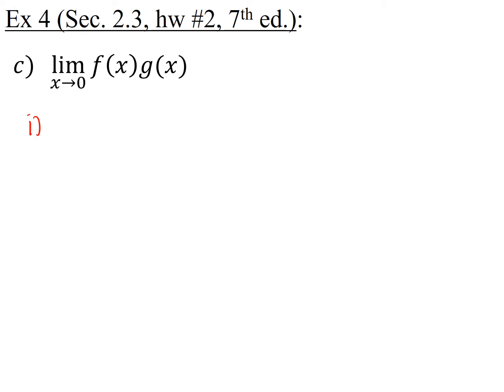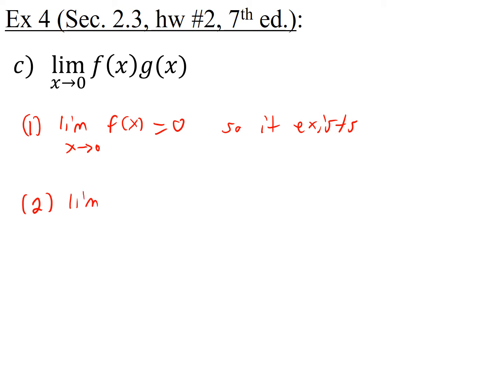So first thing I'm going to write down is that the limit as x goes to 0 of f, well, it's 0, so it exists. So that's good. Then we need the limit as x goes to 0 of g of x to exist. And it did, as we saw on the picture, and it was something like 1.4, so it exists. Okay, so since each limit exists, we can find the limit that we're looking for using limit laws. So by 1 and 2,